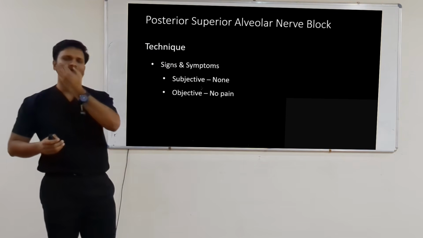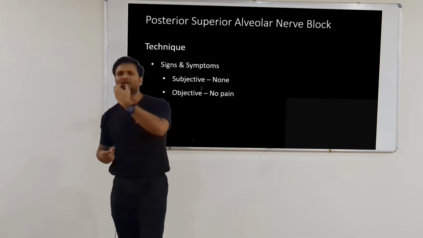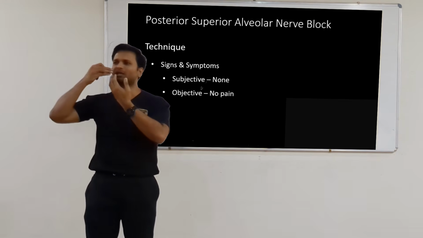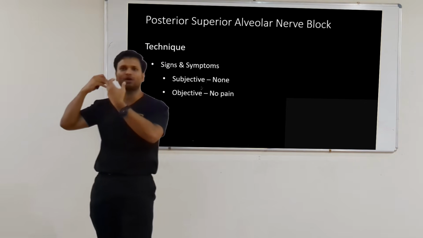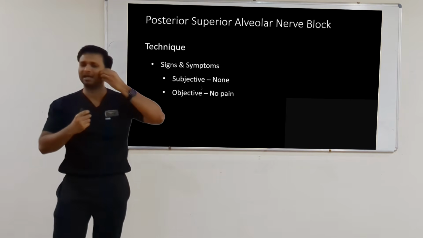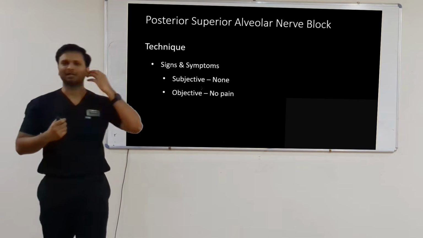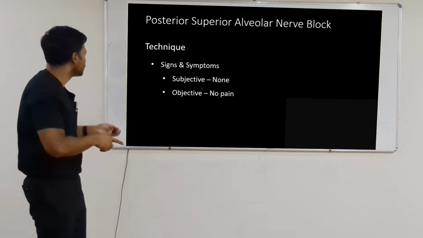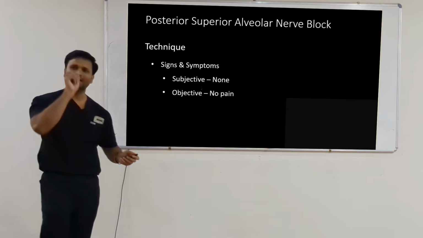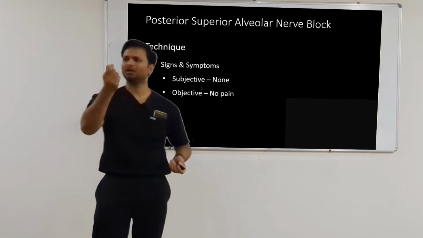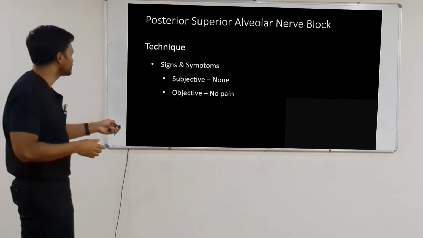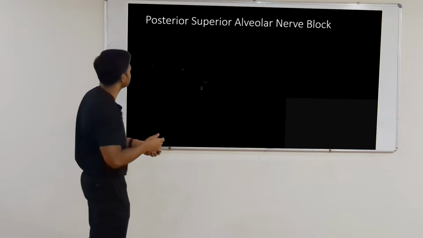In this area, basically, if we have given the block for inferior alveolar nerve or infraorbital, patient can feel the lip because it is in contact with the other normal tissue, जिसमें block नहीं हुआ है. So the patient can feel, okay, there is numbness in this region. Whereas PSA का जो region है, patient can't reach it there. Okay, tongue से भी नहीं, उंगली भी इतना नहीं लगा पाते. So the patient doesn't understand whether their block has acted or not. But you can check by instrumentation, by a probe or a instrument, check karo whether the patient has pain or not. Okay, so that is the objective symptoms, objective signs.